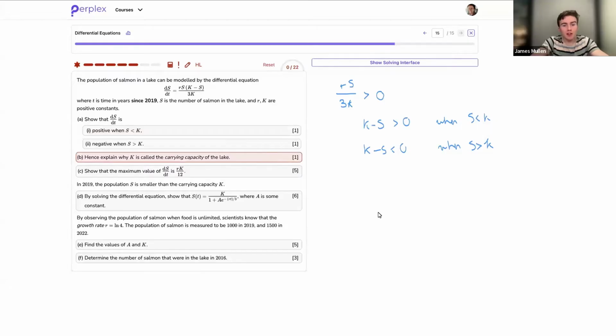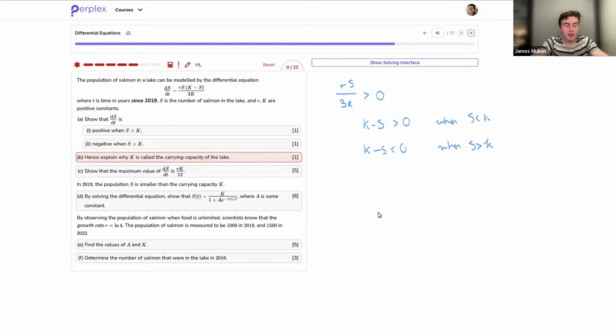Now, hence explain why k is called the carrying capacity of the lake. What I notice here is that if my population is currently below the value of k, if s is smaller than k, then the derivative is going to be positive, which means the population is increasing. And vice versa, if the population is currently larger than the value of k, then the derivative is negative and the